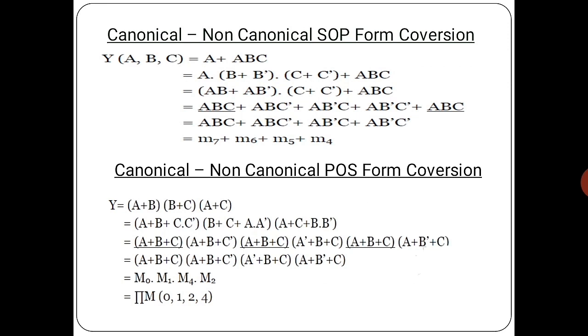So first a plus b and second a plus b can be replaced with a plus b plus c, and then the a plus b plus c plus c will be equal to the same thing, which will be repeated again. So it will be replaced as a plus b plus c, and then the remaining three max terms will be represented there. And then we are going to find out the values M0, M1, M4 and M2. After that finally we are going to write down the function in ascending order.